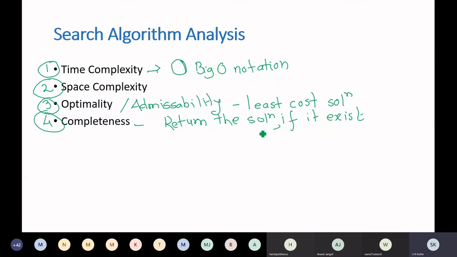The reason we have discussed this is that whenever we discuss, for example, the depth first search algorithm, we will have to understand it in such a way that you will be able to find out its time complexity, its space complexity, whether the algorithm is optimal or not, and whether it is complete or not. We should have answers for all this after discussing each algorithm, so that when we study all these algorithms, you will know the behavior of all of them, and whenever there is a problem, you can choose the appropriate search algorithm for the problem that you are solving.